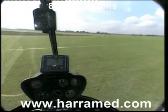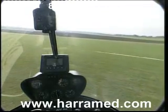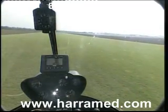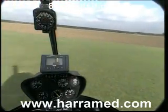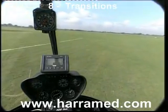Rotating the aircraft now to the left for a good look out for a 360-degree spot turn. Left pedal going in, height is maintained with the collective lever, and our position over the ground is maintained by displacing the cyclic into wind. Steady rate of rotation, keeping the aircraft coming round, and here we are back into wind, ready to set off